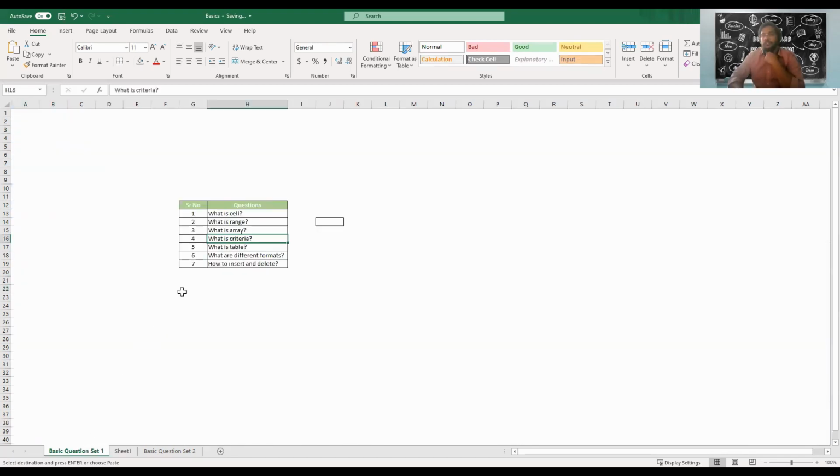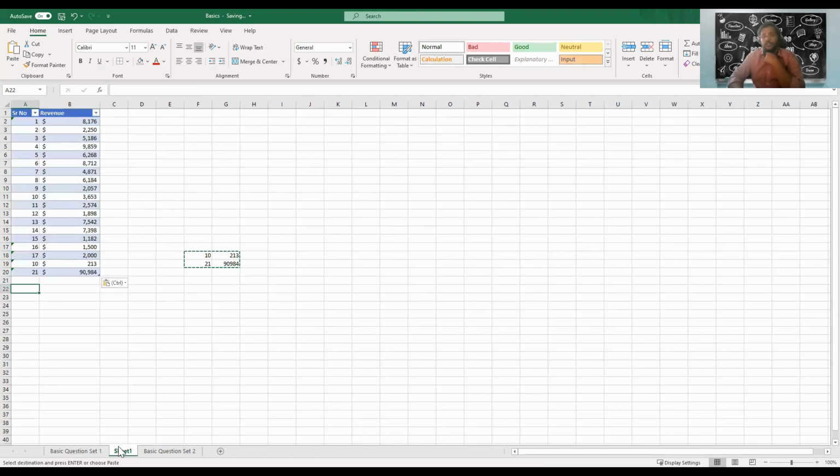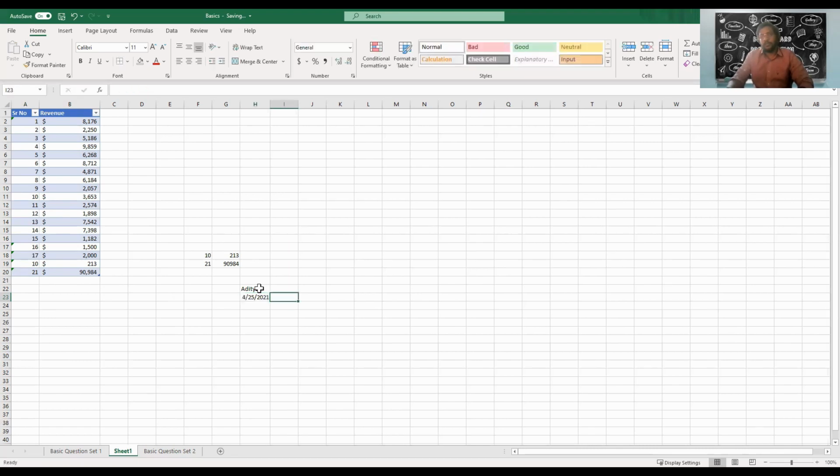So next is, what are the different formats? There are various formats in Excel. When we say format, we mean first of all data: what kind of data can you type? You can type a string, let's say I can type my name into a cell. We can put a date, and date and time, into a cell.